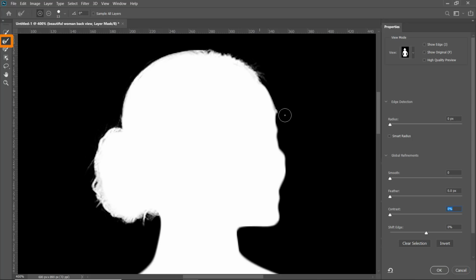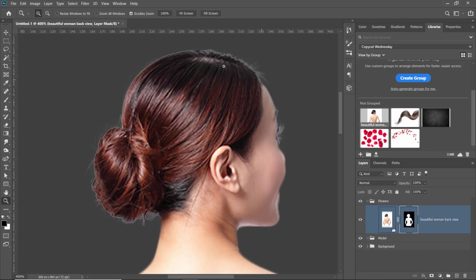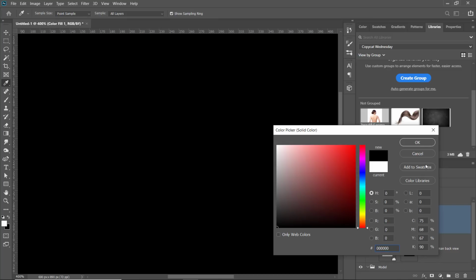And I'll select the Refine Edge brush tool again and bring back her eyelashes. And I'll press OK. And that looks much better. But the only issue now is the fringing around her hair, and that's okay. We'll fix that next. What I'll do to fix that is create a solid color background layer, select black, press